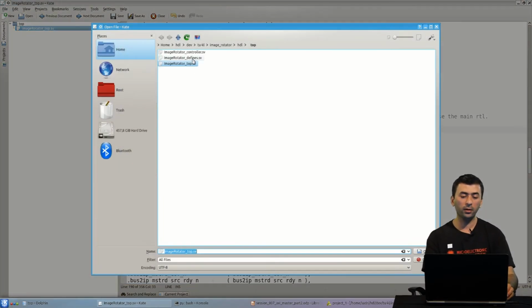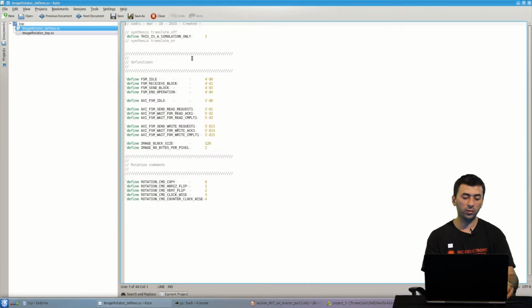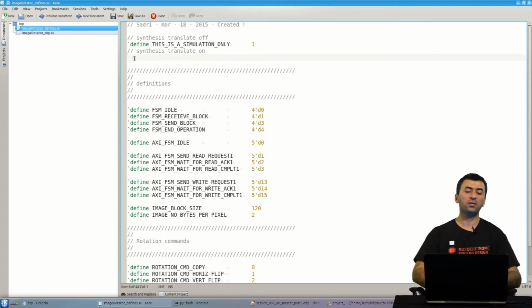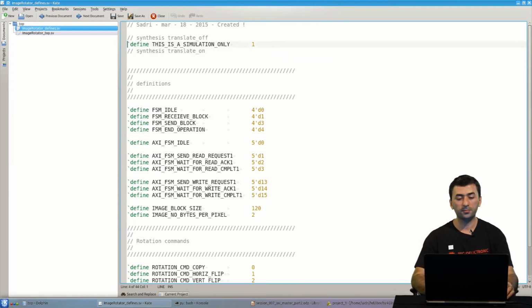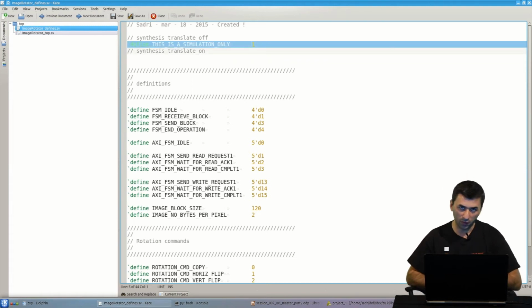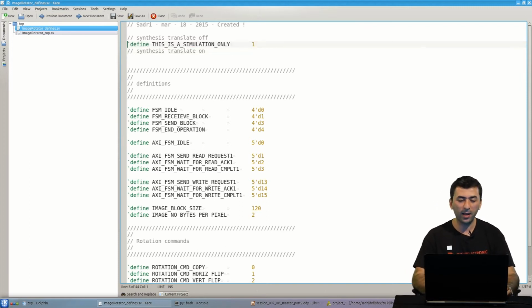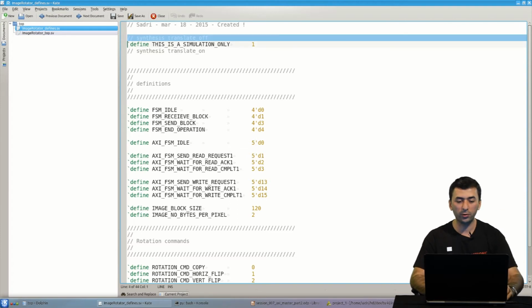So if I open image rotator defines, I think it is here. How this simulation-only part is defined is very simple. We begin with synthesis translate off and we end with synthesis translate on. And between these two, I define this variable. Now, at the time of simulation, the Xilinx tool, your simulator, does not see